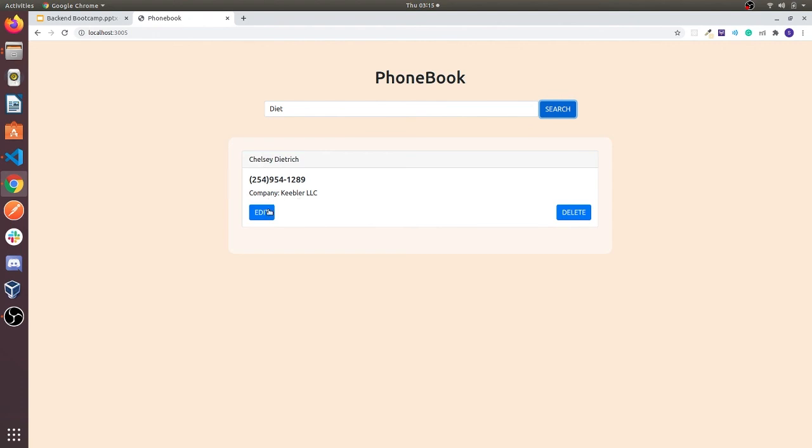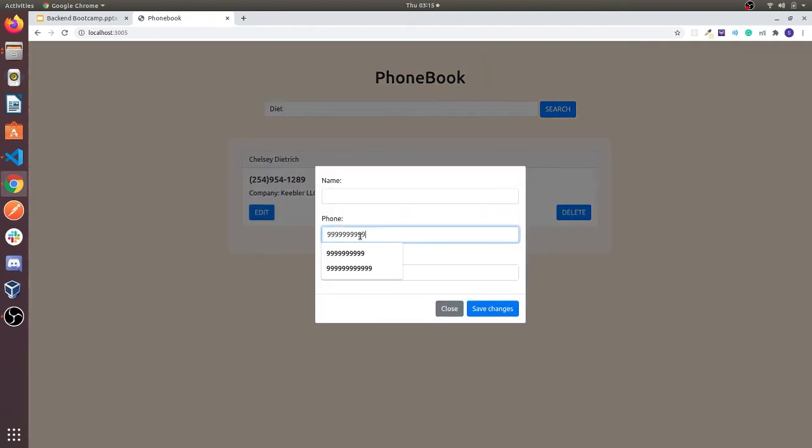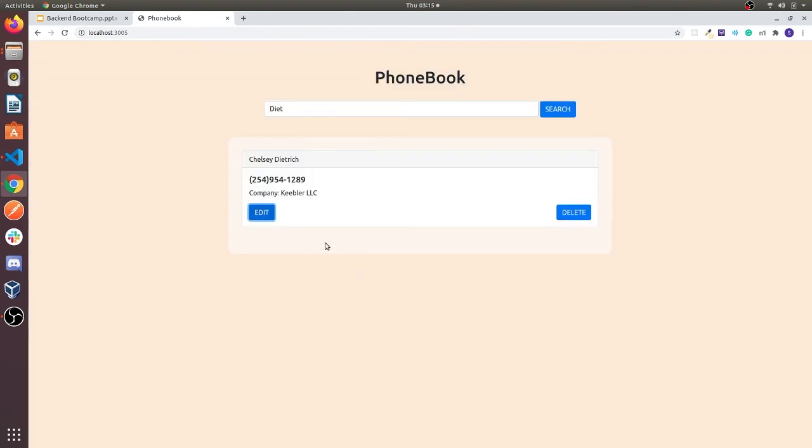Now I'm going to edit this user's phone number. So now it should be updated, and if we search again, the number is updated now.